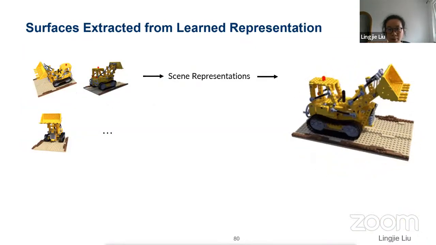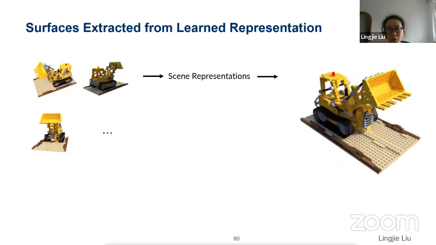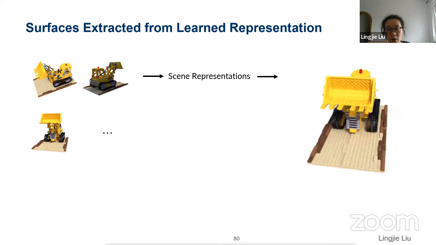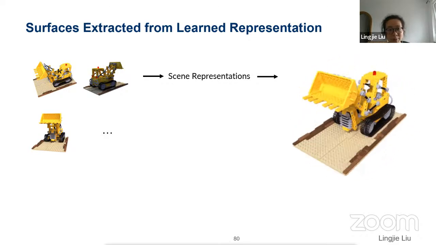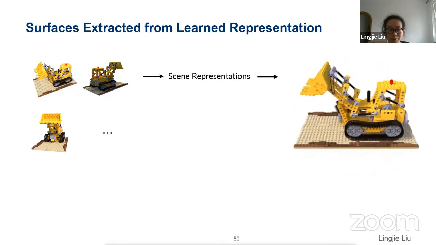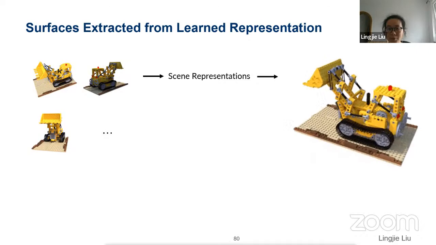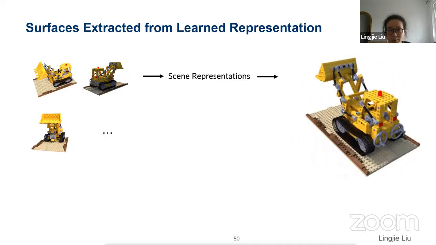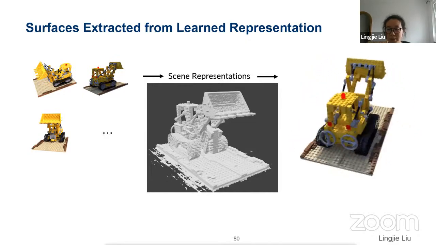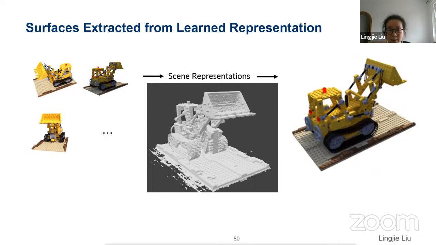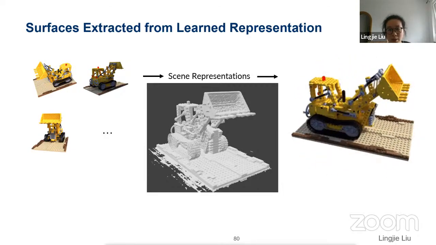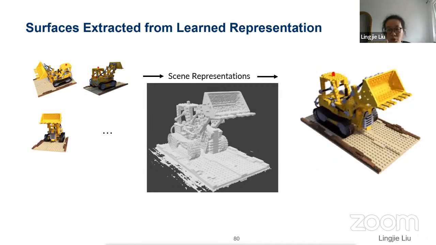So far, we have shown NSVF and NeRF can achieve impressive novel view synthesis results. You may be curious about the quality of the extracted surface from this learned representation. Is this surface sufficiently high quality for the purpose of surface reconstruction? Here you can see the surfaces extracted using marching cubes are quite noisy. This is because this method uses volume density as the representation, which lacks a constraint on surface geometry.